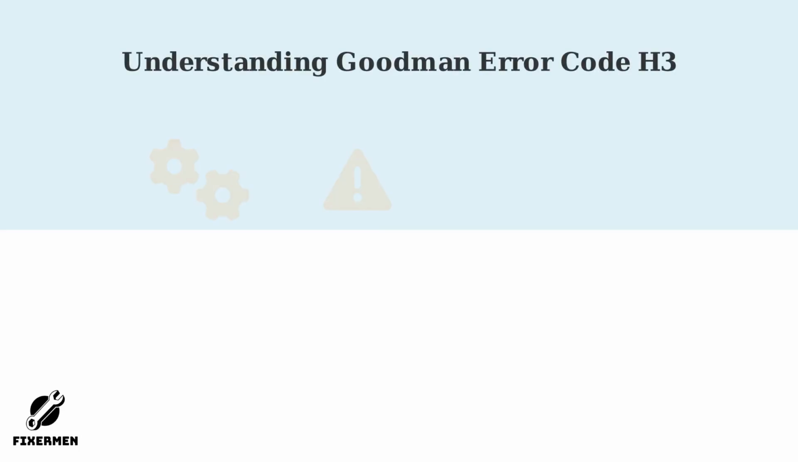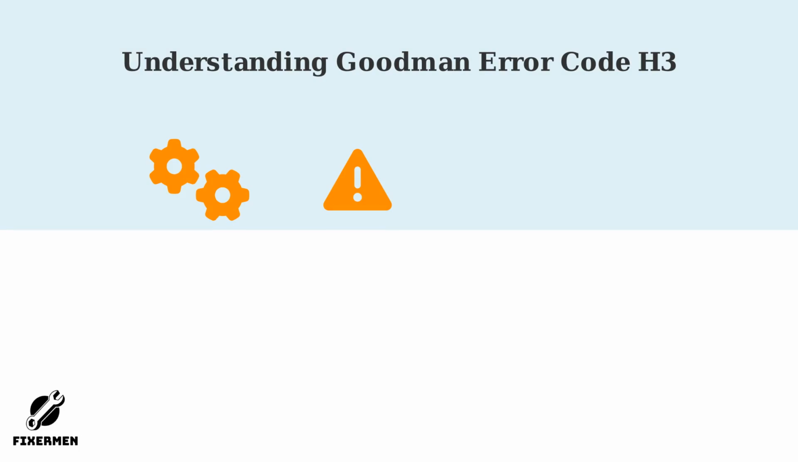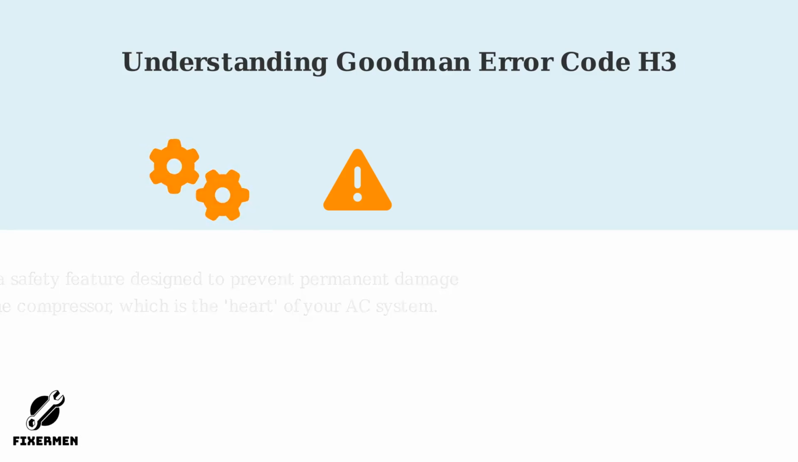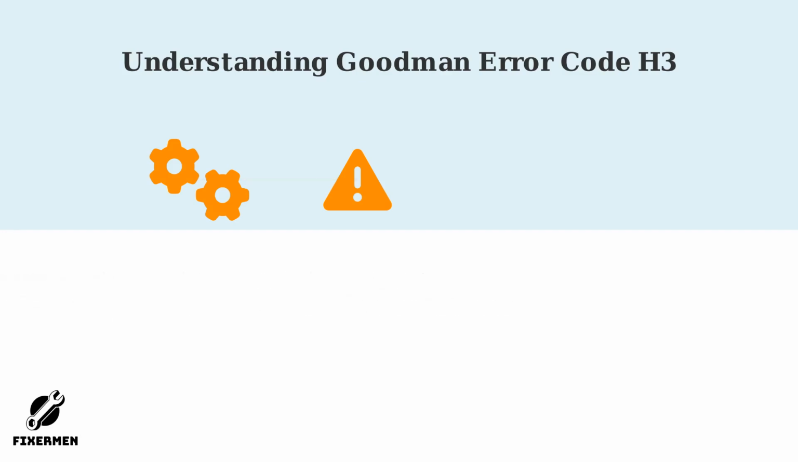Goodman Error Code H3 indicates that your air conditioner's compressor has overheated and triggered a thermal protection mechanism. This is a safety feature designed to prevent permanent damage to the compressor, which is the heart of your AC system. The compressor is responsible for circulating refrigerant, and when it overheats, the system shuts down to prevent a potential